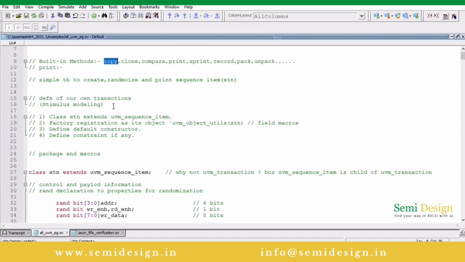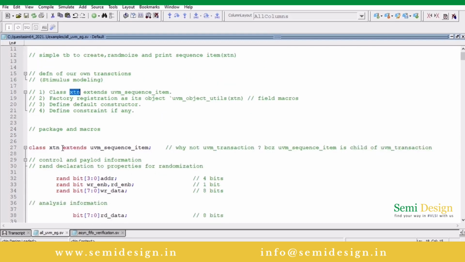Now see, if we want to define our own transition, then we need to follow 4 steps. What are those? We need to define a class transition, or you can take any name. Here I have taken a transition which is extended from UVM sequence item. Why from UVM sequence item?